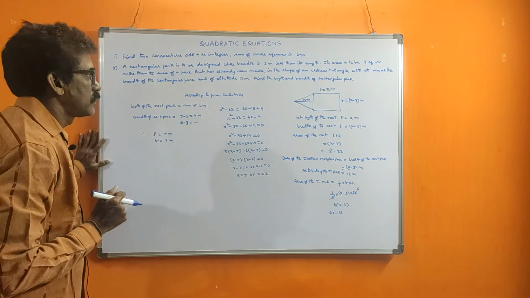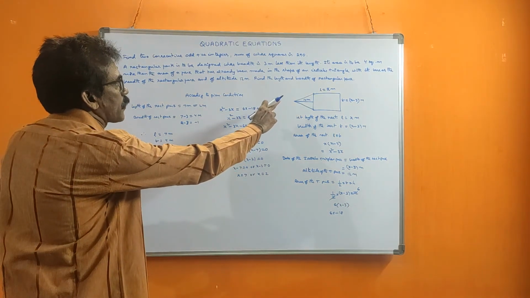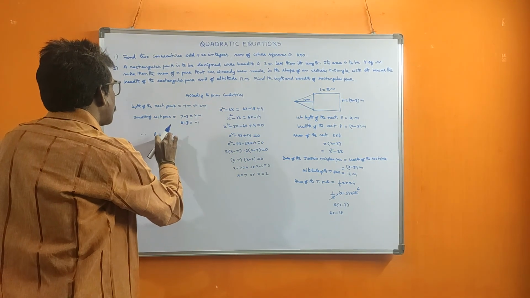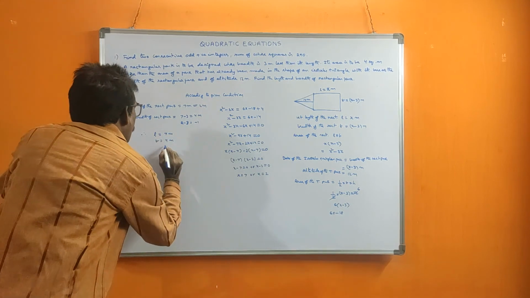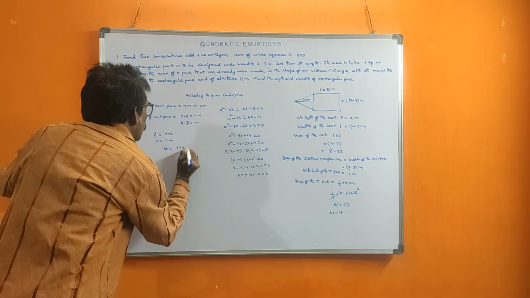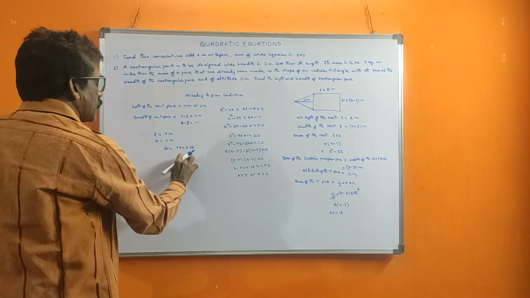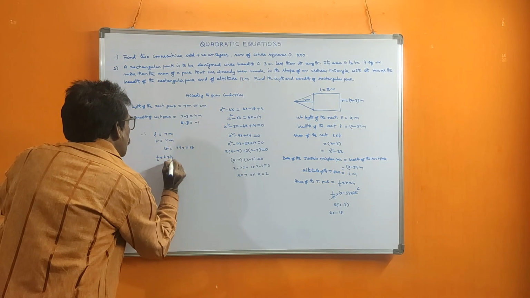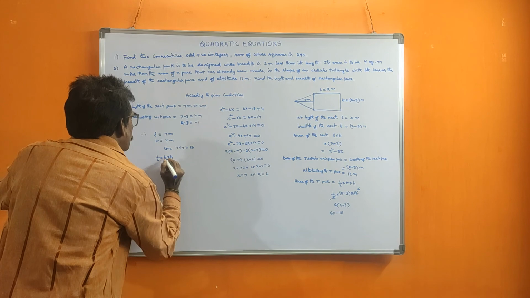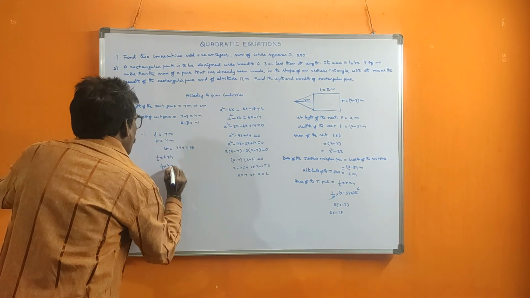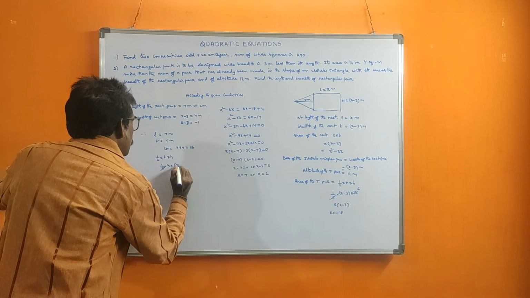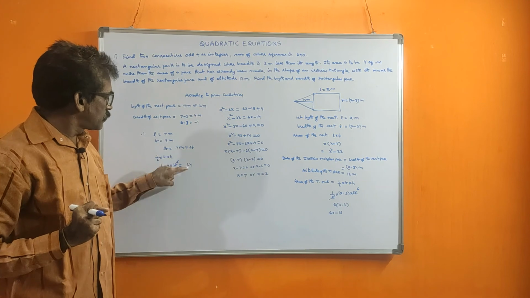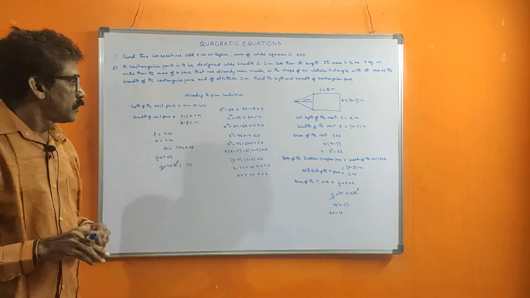If you want, you can check. The breadth of the rectangular park is 3 meters less than length. Next, its area is what? L into B, 7 into 4, 28. It is 4 square meters more than the area of the triangle. Area of triangle is half into B into H. Half into B, this base is this width, so 4 into height, altitude given 12. Half of 12 is 6, so 6 times 4 is 24. Now it is 4 square meters more than this. 4 verified. So our answer is correct.